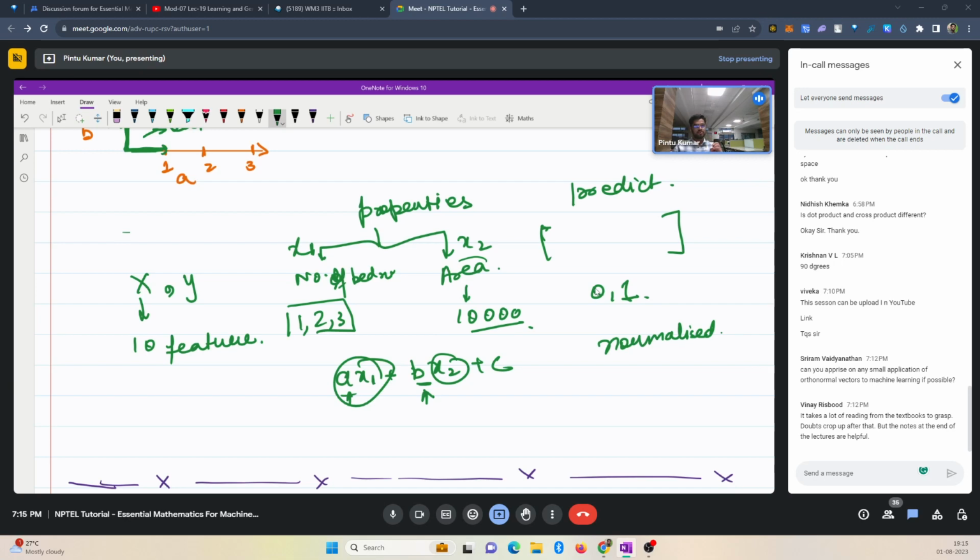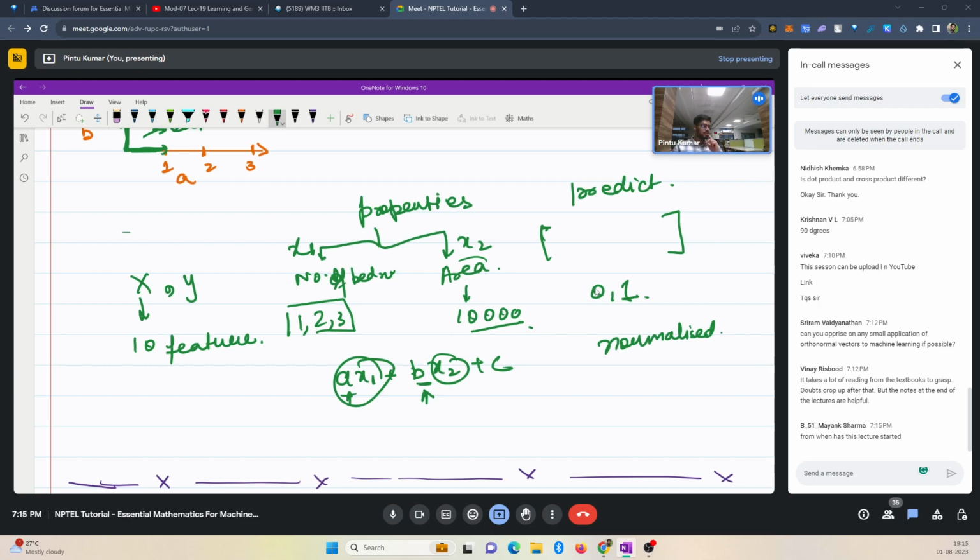If you go to something called orthogonal vectors, while proving many things related to vector spaces, you get many applications of it. But one application that I can